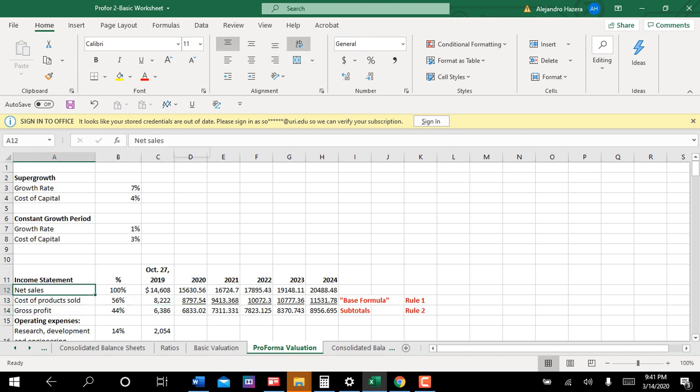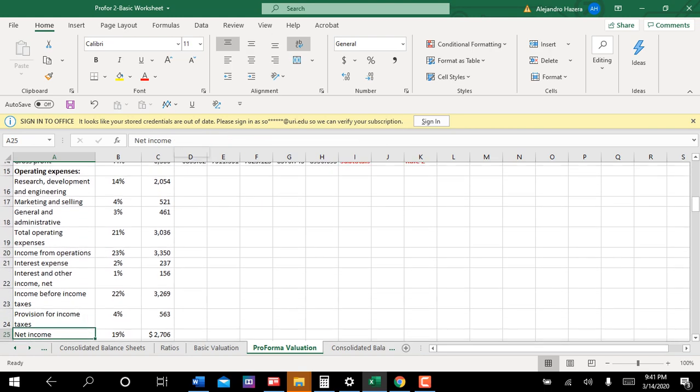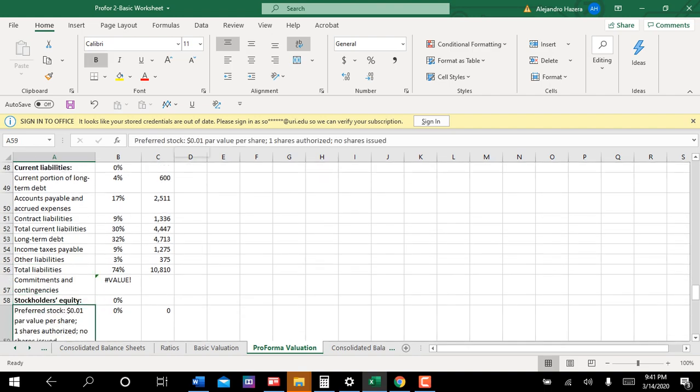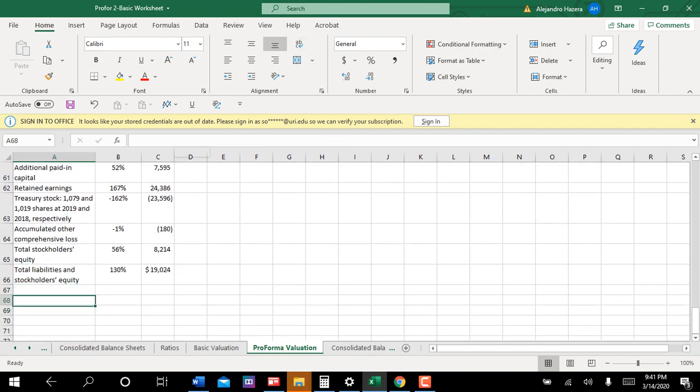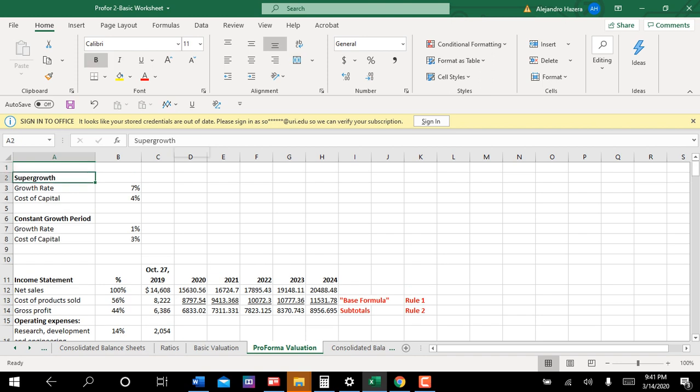And then what we're going to do in the next video is, using these 2 rules, the base formula rule and the subtotals rule, go ahead and finish both our income statement and our balance sheet. So I'm just giving you an idea of what you should have, and you should be able to just go backward and see what you have. Anyway, so